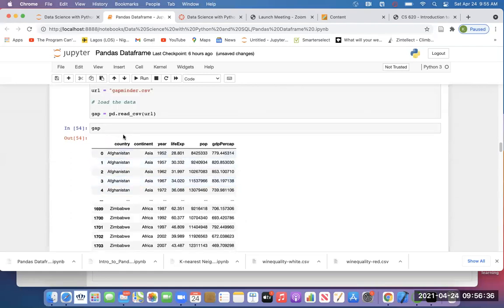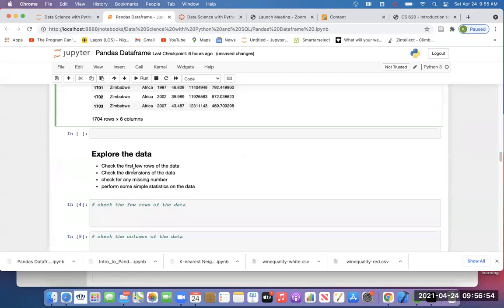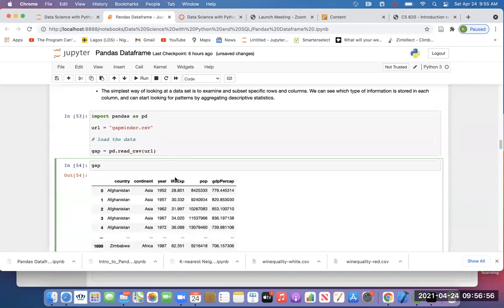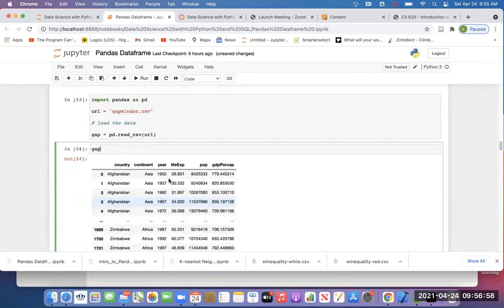It's not ideal to just print everything on the screen, because what if it has millions of rows and all of that. Pandas will try as much as possible to use ellipses. As you can see here, dot, dot, dot, saying that some rows are in between there, because it doesn't just want to fill the whole screen with the data. So before I move on to exploring this data, where we'll start doing some data science work,